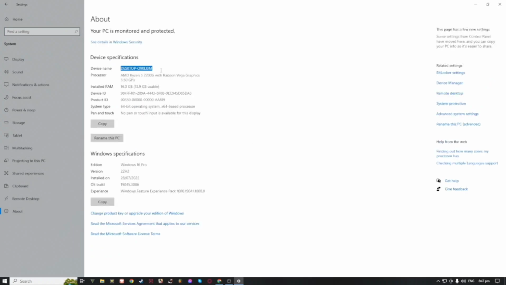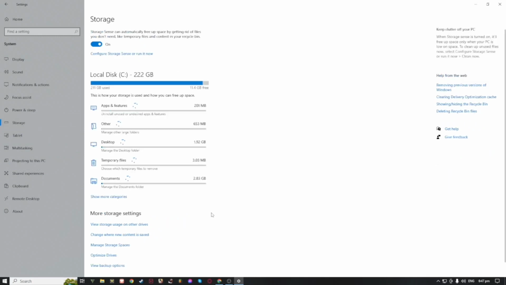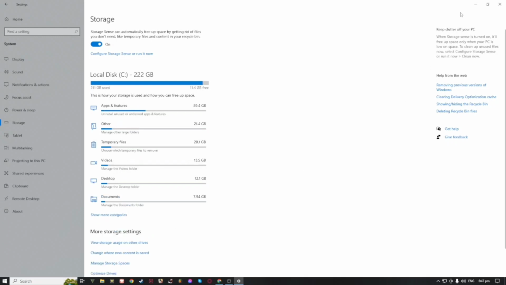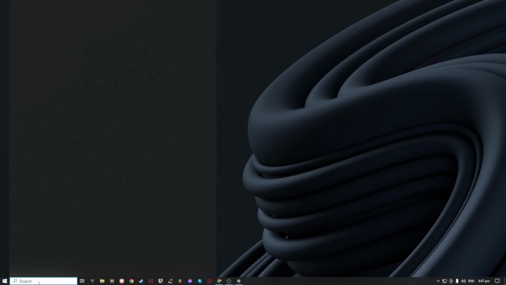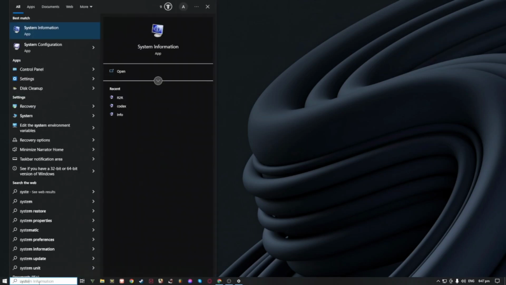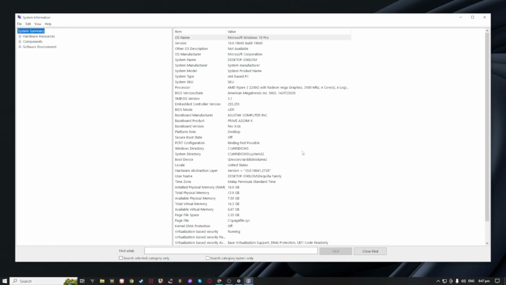So here you will see the specs of your PC, like RAM, like the processor, and also you can see the name of your PC, the Windows version, and the date of the Windows installation. And also you can see here your storage. If you click on the storage option, so you can see that I have my local disk, which is 200 gigabytes. So the last method to check is type in your search bar system information, and then